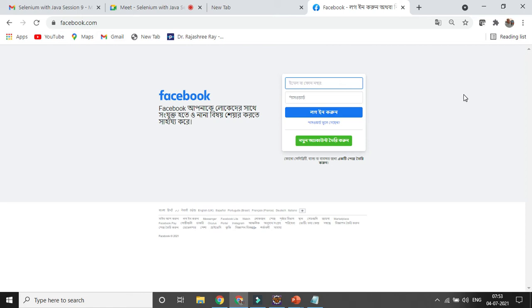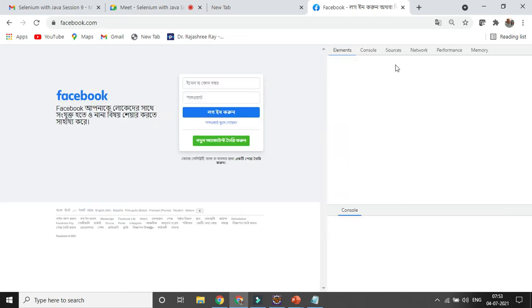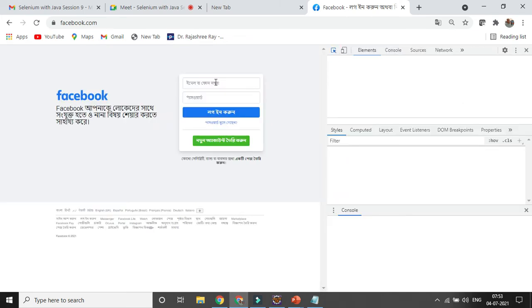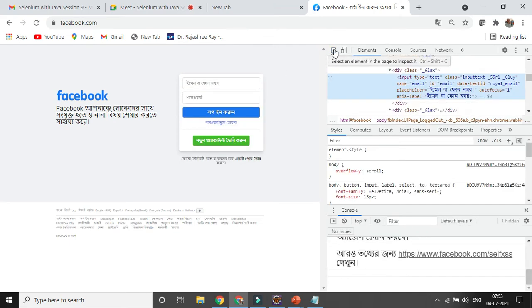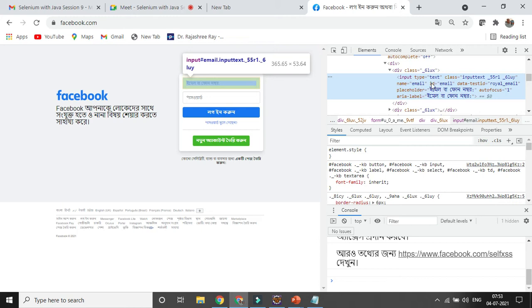Let's try to inspect the element first. After opening the Facebook page, I'll be getting the title and then I'll be providing the values. So here you can see, right, we can identify with the name or ID equal to email.